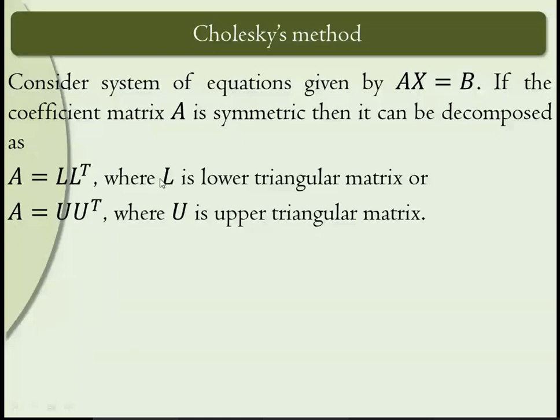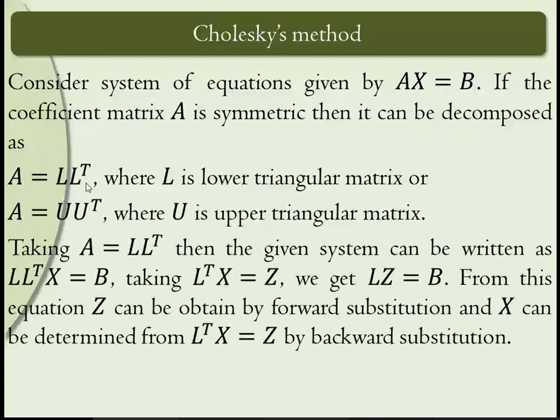Okay. There we take A as a product of L into U, where L is a special type of lower triangular matrix and U is any upper triangular matrix. Okay, for LU decomposition. But here we take it as a product of L into L transpose or U into U transpose. Okay, if we consider L into L transpose, then the rest of the part will be exactly the same as that of the LU decomposition method.